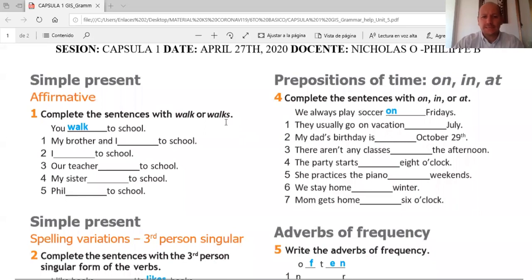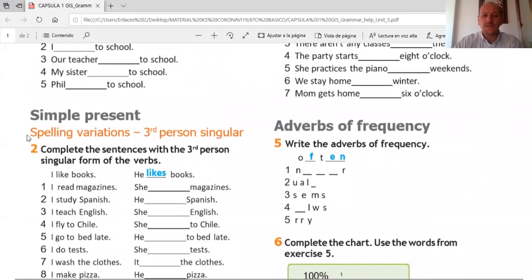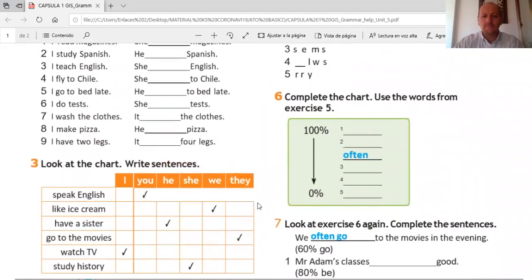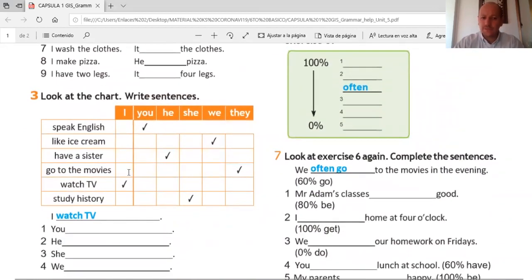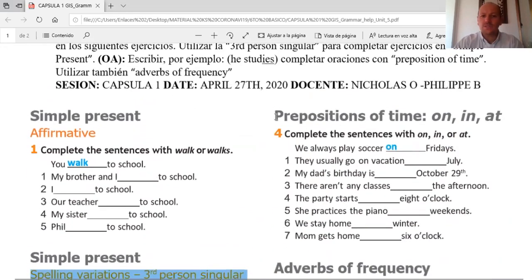Okay, this video is for session number 2. I'm going to explain a little bit the guide of exercises that you already have in your hand. In this guide, we are going to see some affirmative forms of the simple present. We are also going to see some spelling variations of third person singulars. We're going to practice the third person singular with some exercises, and also we're going to see some prepositions